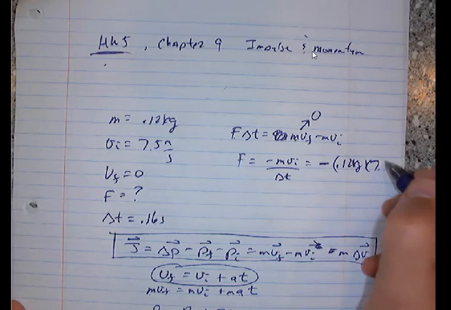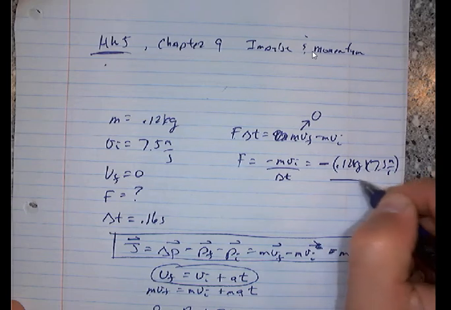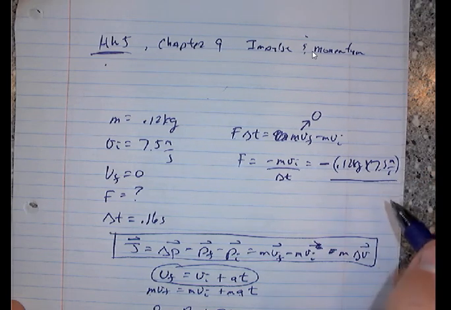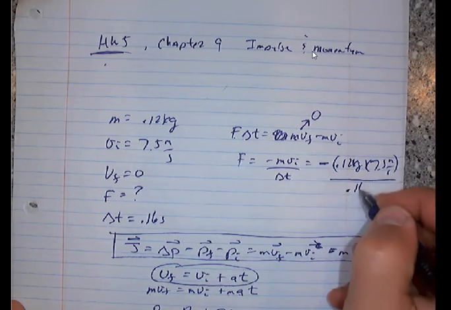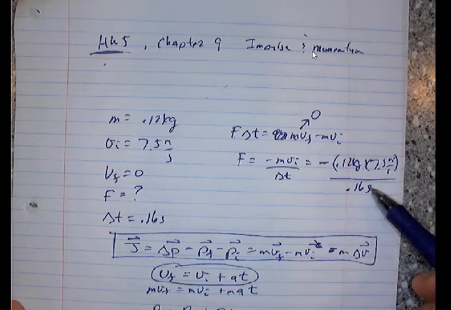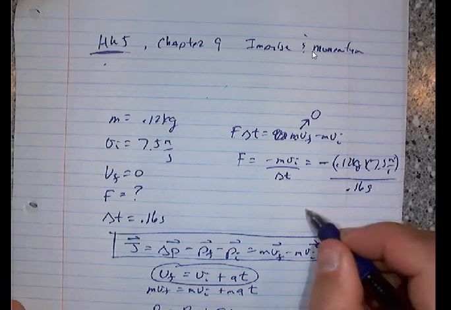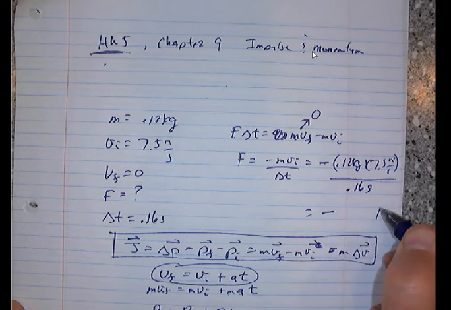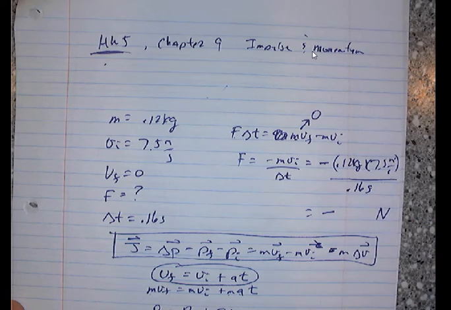Initial speed 7.5 meters per second divided by the time, which is 0.16 seconds. Good. And then we have a kilogram meter per second squared, which is a Newton. So whatever that turns out to be, newtons. The answer you want to actually enter is the force on